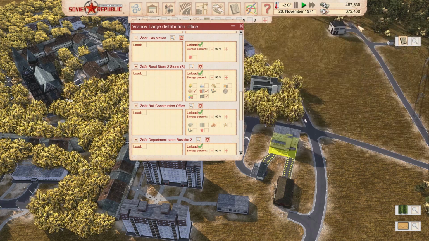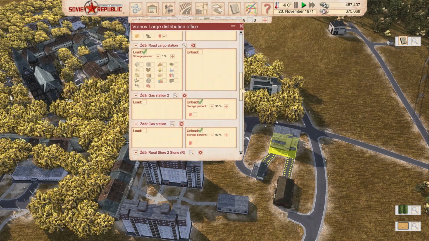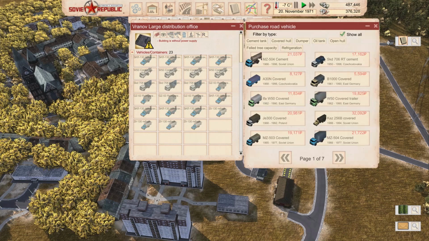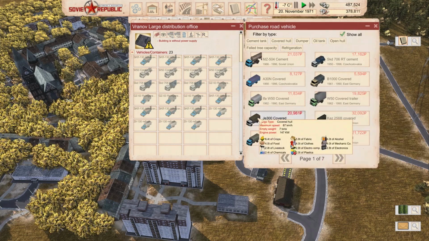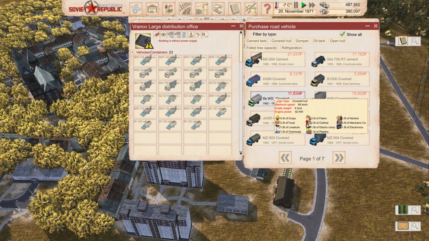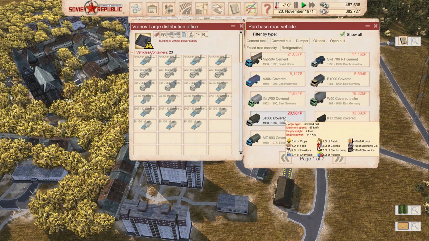So, what do I go for? Which trucks do I go for? I wanted to go for smaller ones, so they can carry less, but we're gonna save some money on the price of the truck. But, on the other hand, I think...